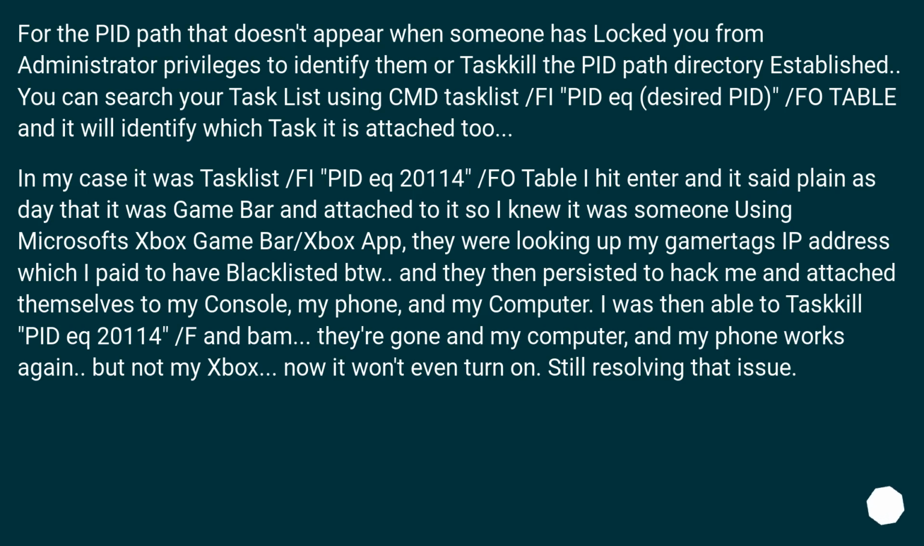For the PID path that doesn't appear when someone has locked you from administrative privileges to identify them or task kill the PID path directory established, you can search your task list using cmd: tasklist /fi "PID eq desired PID" /fo table, and it will identify which task it is attached to. In my case it was tasklist /fi "PID eq